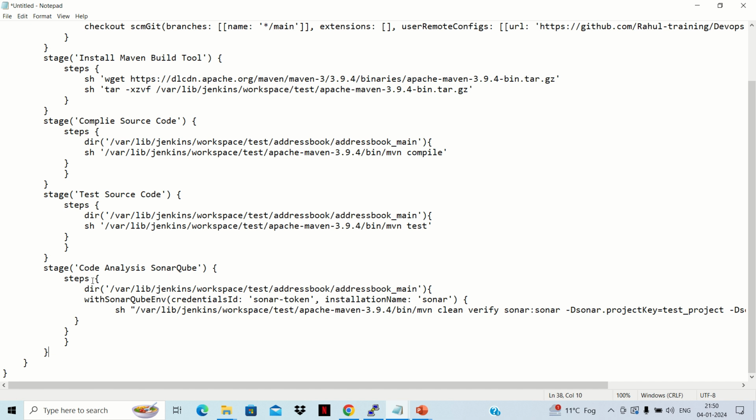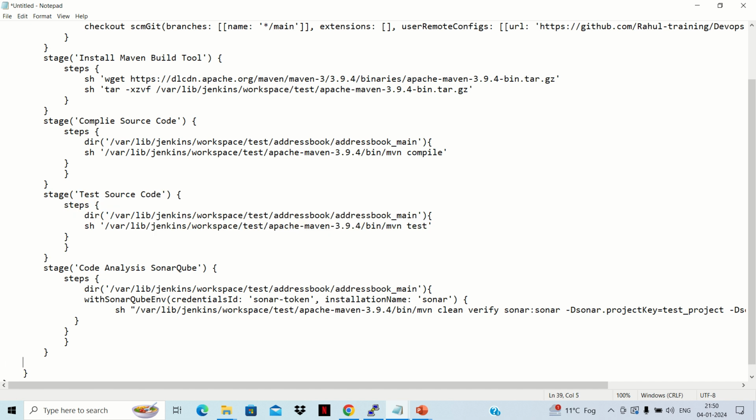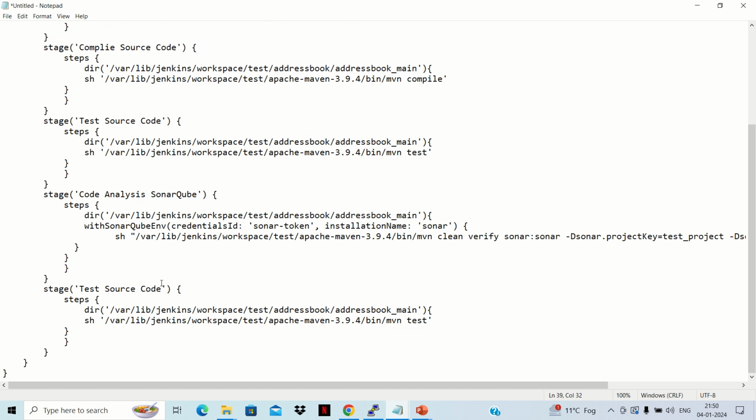So what we'll do in order to upload the artifact, we'll just copy this stage, because the previous stage was having this function, so unnecessarily no need to copy that thing here, and just place it here in this stage. And here we can see the name, we can do publish artifacts